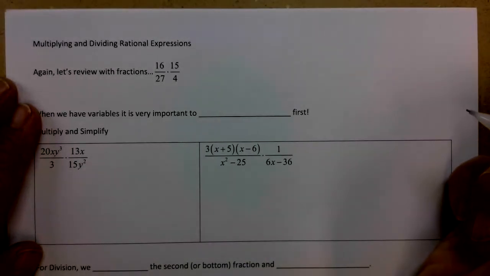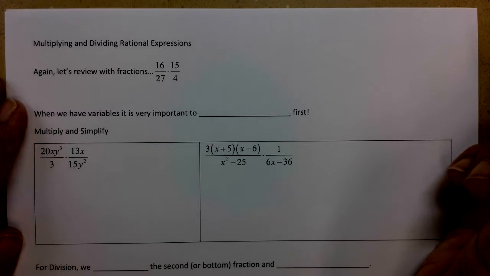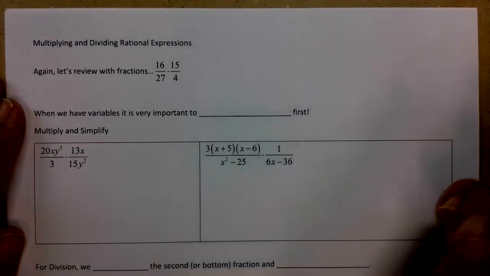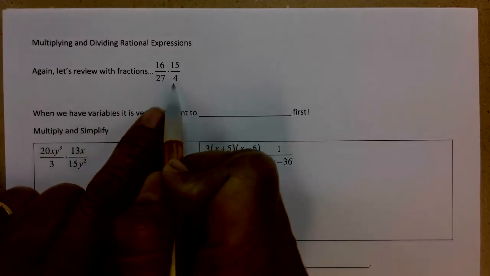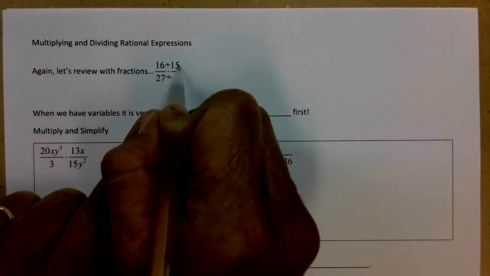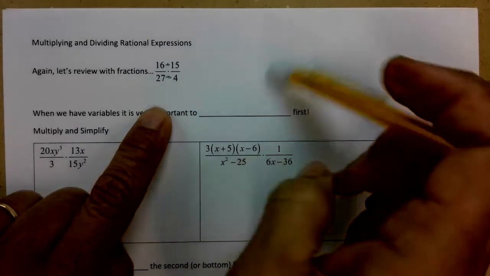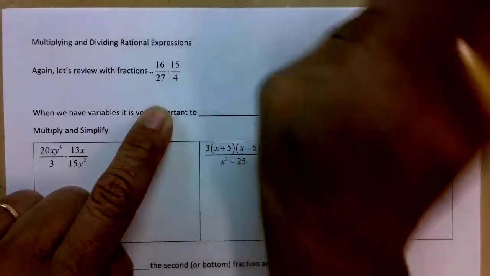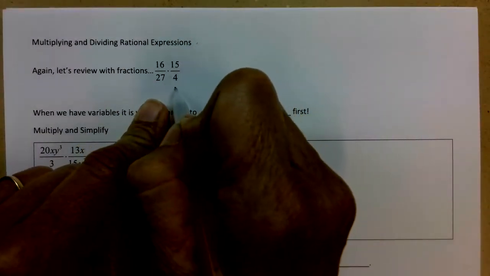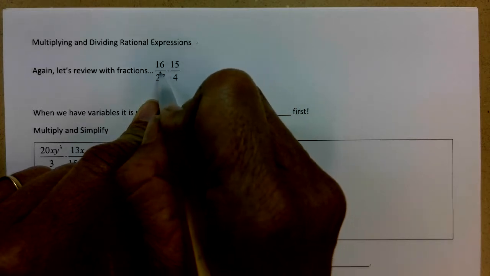So when we multiply and divide rational expressions, we're going to follow the same strategies we do with fractions. So let's practice with fractions first. Remember, when we multiply fractions, we multiply straight across. Numerator multiplies numerator, denominator multiplies denominator. Except, we usually want to look and see, can we reduce, are there common factors either within one fraction or